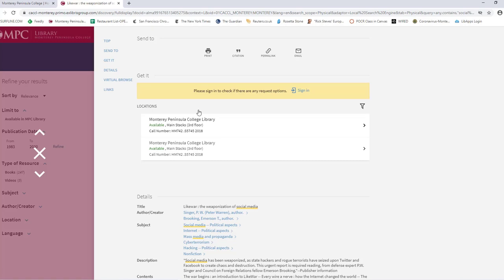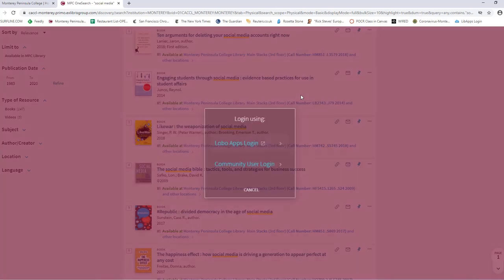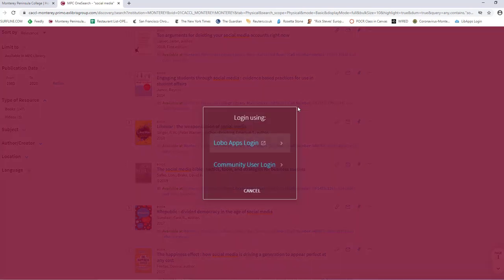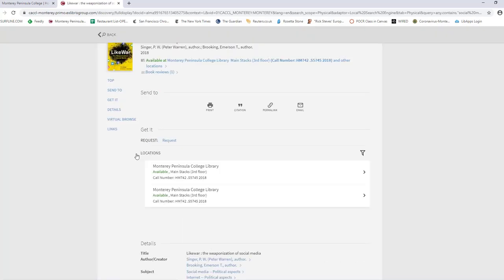But what I can do is go up here, and what you need to do is sign into your library account. If you have a library card, you should be set. So I'm going to click on Sign In. It'll ask you for your Lobo Apps login. You're students, so you don't need the community user login. You just use your Lobo Apps login, click on Lobo Apps login, and it takes you back to the page,